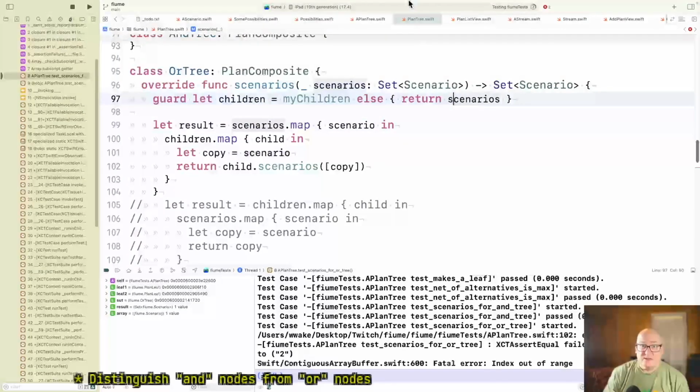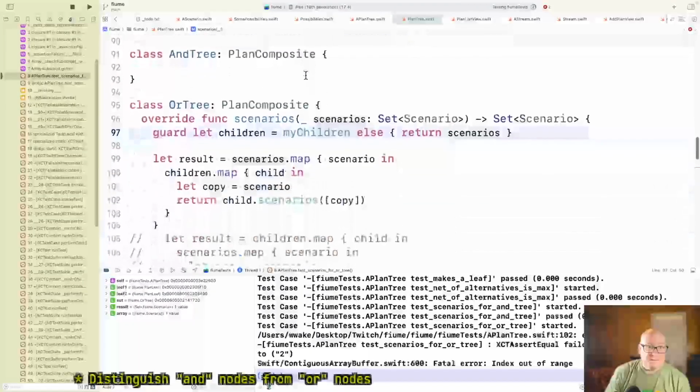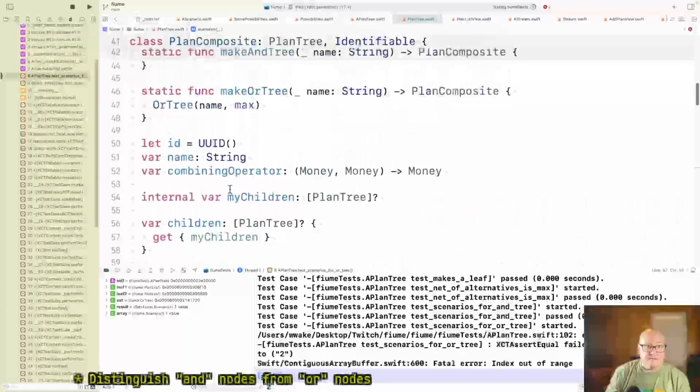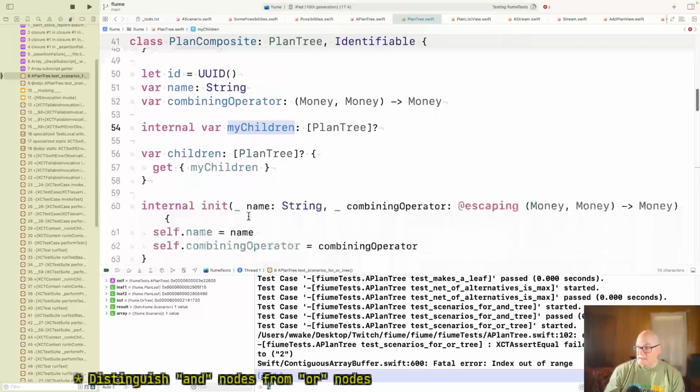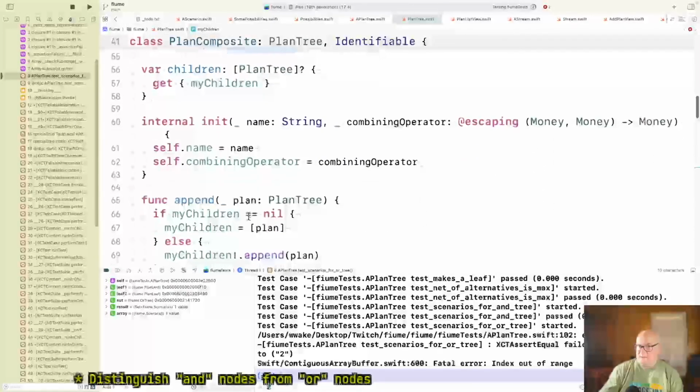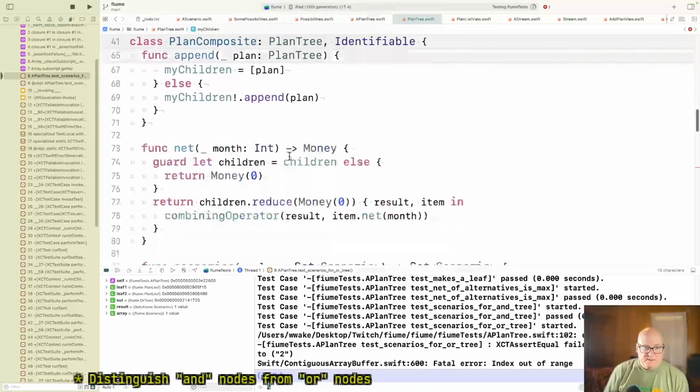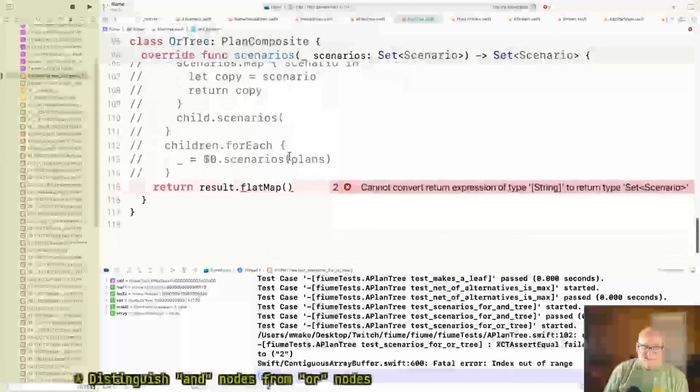Let's go back to the tree structure. I mean, a composite tree has a list of children. That's kind of the composite's job. And so this is not a binary tree, it's an n-ary tree where n can be different at each level. We don't care. We might look at 3 retirement plans versus 2 salary scenarios versus 5 something else's. Okay, so I think it's still a tree.